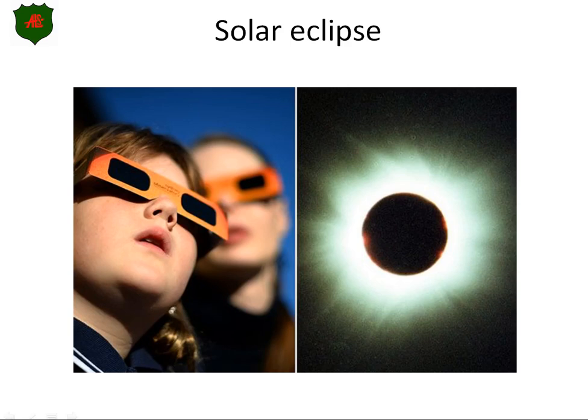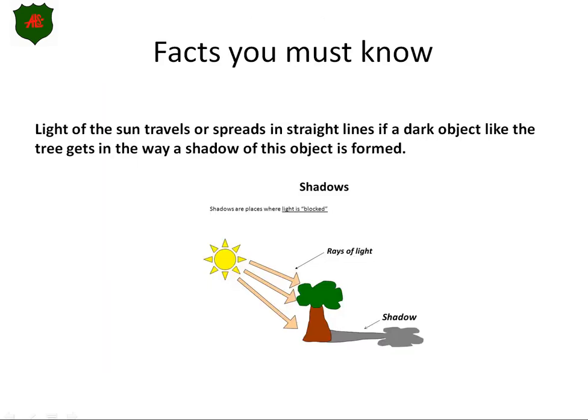Today we are going to discuss the solar eclipse. Before we know the meaning of the solar eclipse and how it occurs, we need to discuss some facts. Now, we all know that the light of the sun travels in straight lines, and if something blocks it,